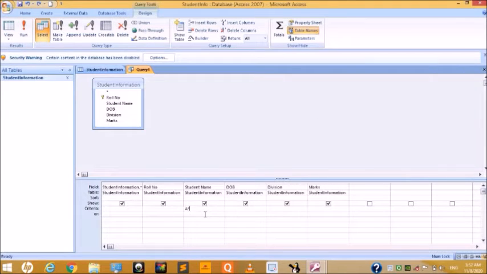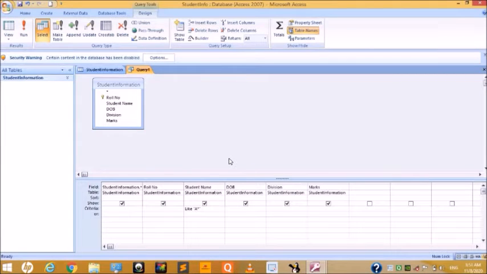When we press the Tab key, the criteria is automatically modified to Like A star. This is the query. This way we form one query.